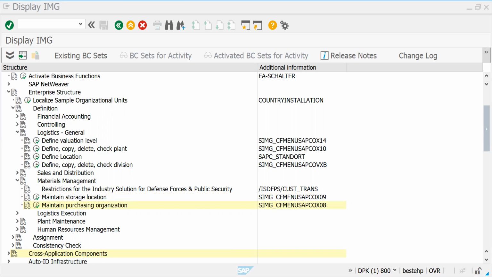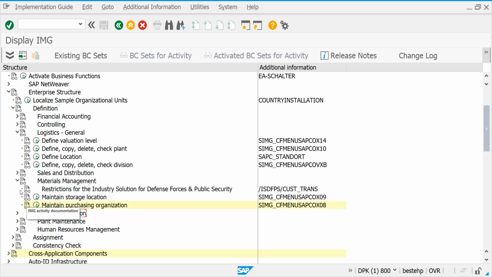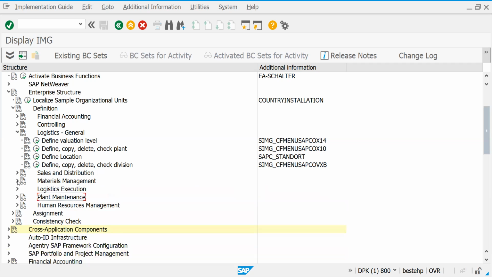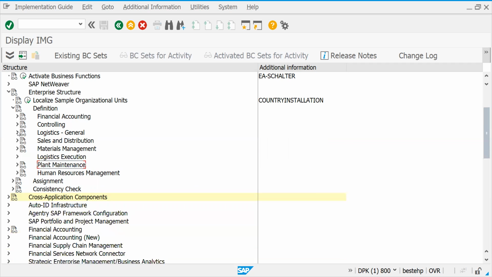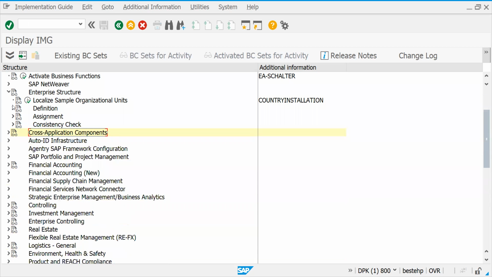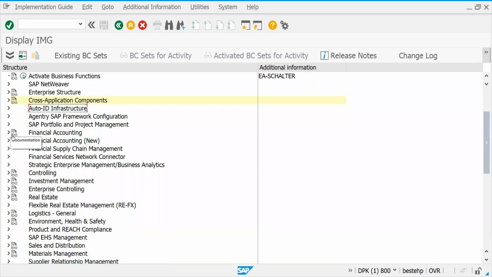Let's go with the path. IMG, materials management. See the path.